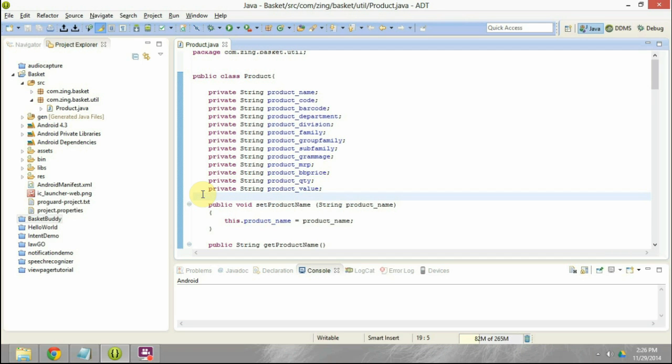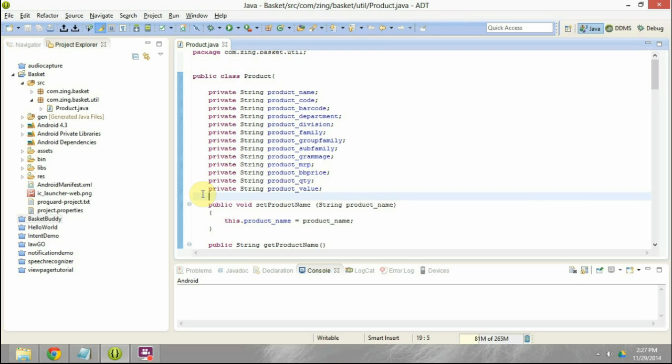The simplest and the best way to do it is to maintain an array list of type string, and in that array list, I can maintain the names of the products. This list does not have any limits. I can maintain 30, 100, as many items or product names as I want to manage. Now, the challenge comes when, apart from the product name for a particular product, I also want to manage probably a product code, a product barcode, and some other information.